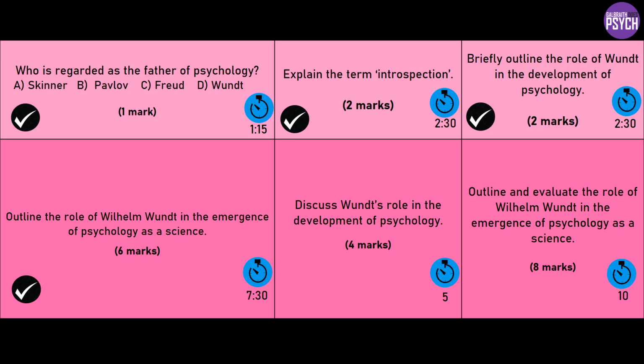And to some extent, this covers the next question, but we'll roll it into one a little bit. To discuss his role, if you've talked about how he introduced the scientific method, you could then discuss that by saying, but how scientific is it? Remember that if you talked about introspection especially, what he's doing is getting participants to self-report on their own experiences. Which, yes, is useful because we can't access that information otherwise, because it's inside them, we can't see it.